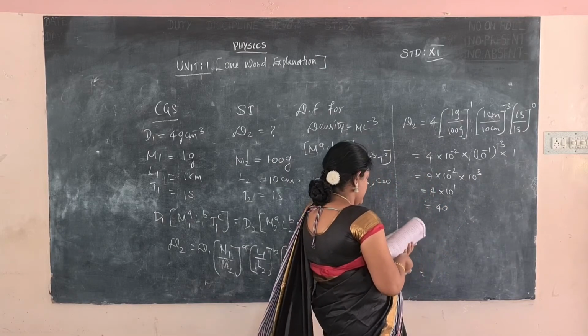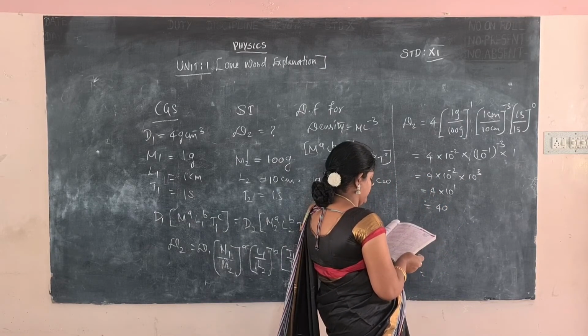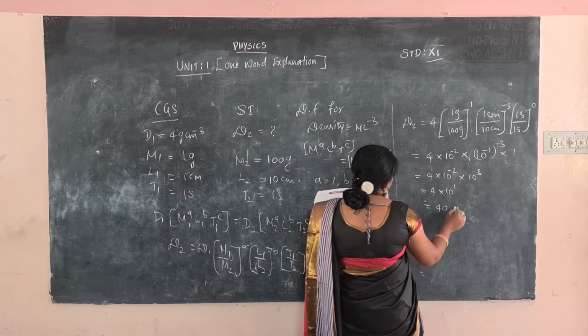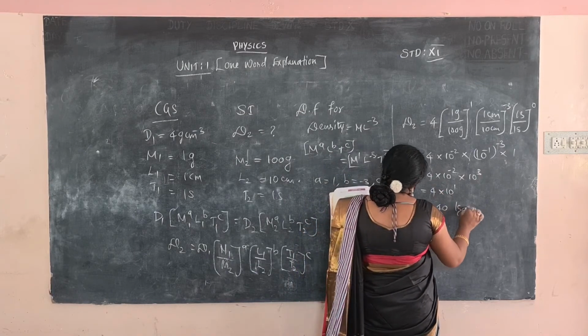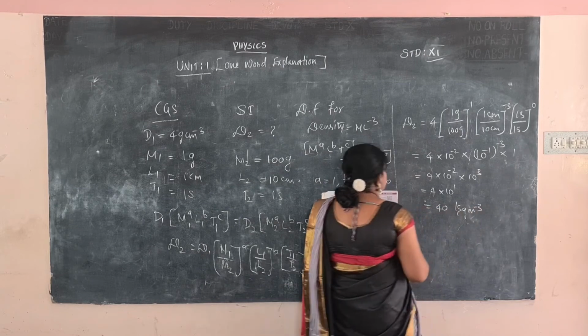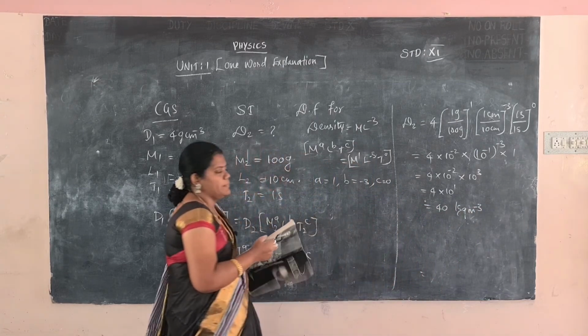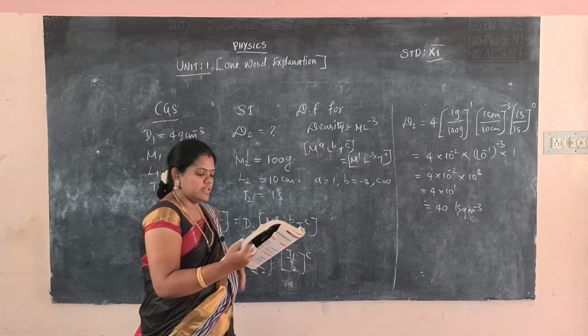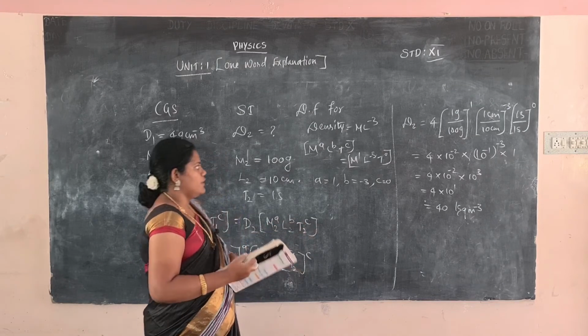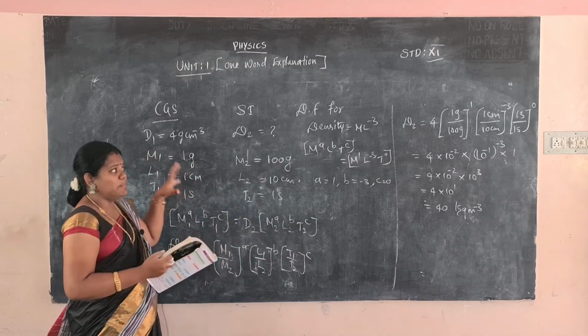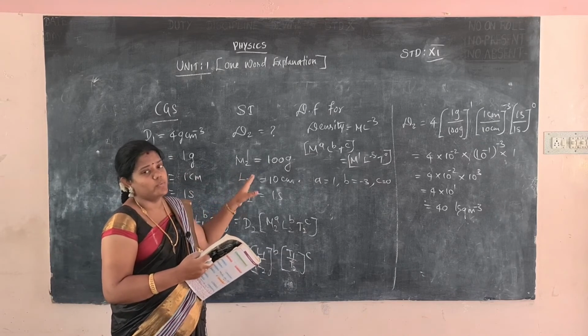Density formula is 40. In your book 40 will be given. So gram, centimeter, gram, it will be kilogram meter power minus 3 in the SI system. So 40 kilogram meter power minus 3 is the third option, C. Okay, how will you measure it? It's a very big detail. It will be asked in one word.